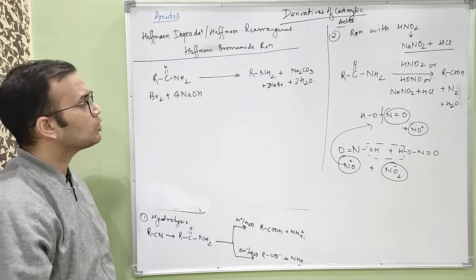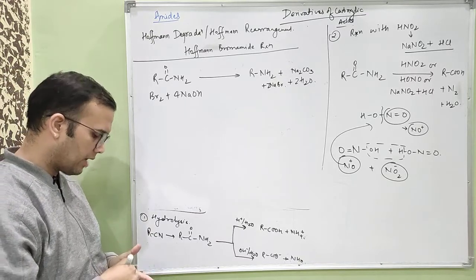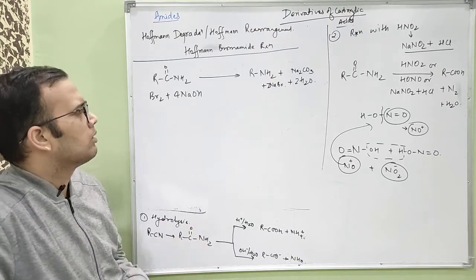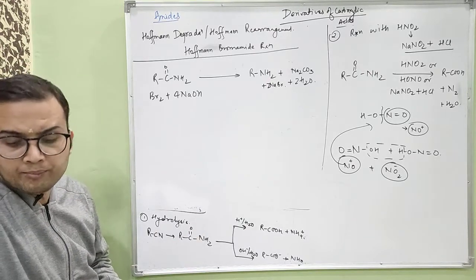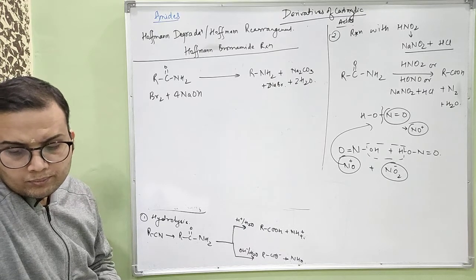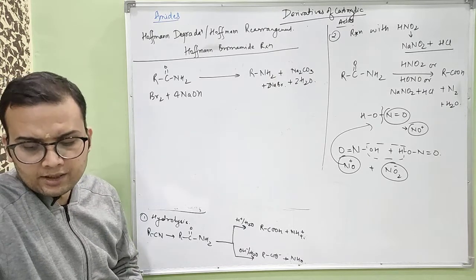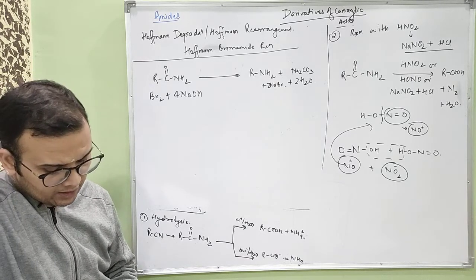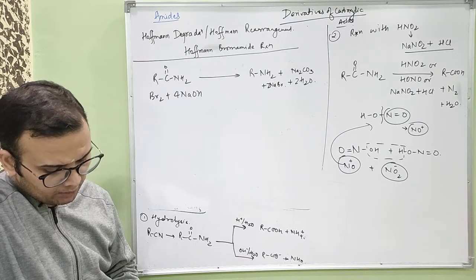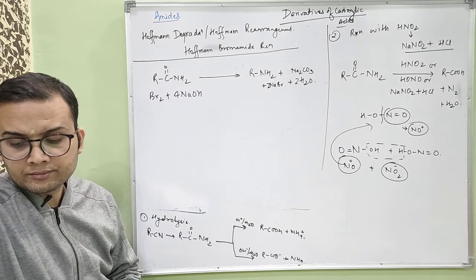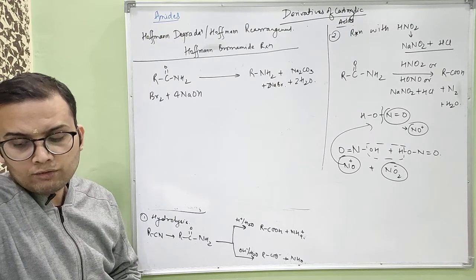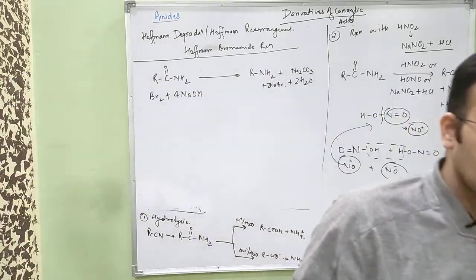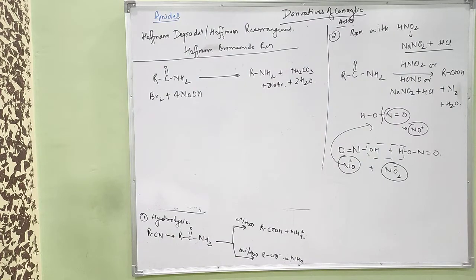Got it? So there are several ways in which the mechanism can be explained. I will go with one of them, which I found more logical than others. Okay, so let's write that. Hoffman bromamide reaction: amides react with bromine in the presence of alkali to form primary amines